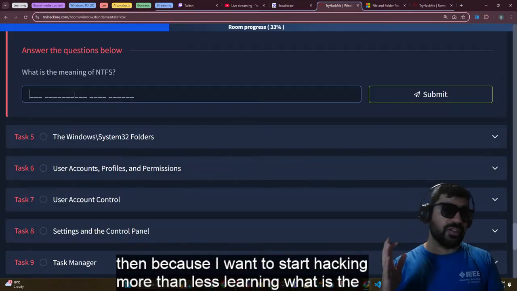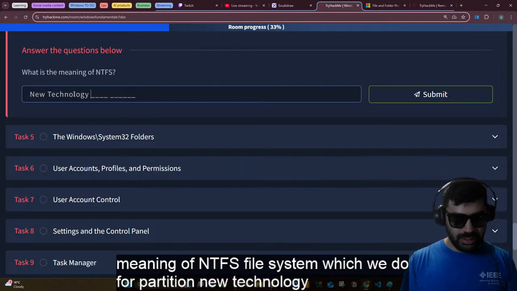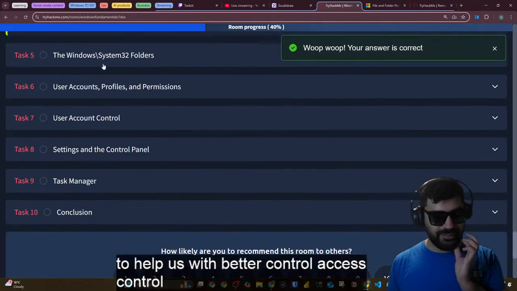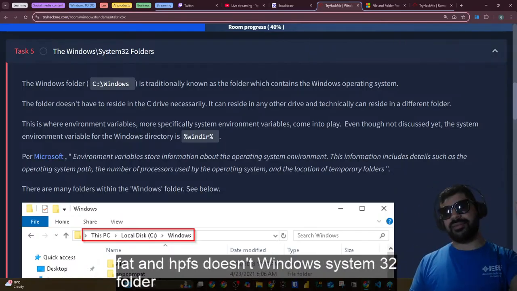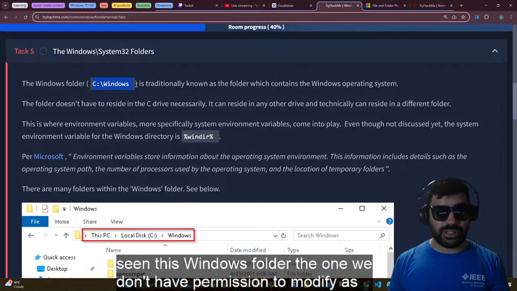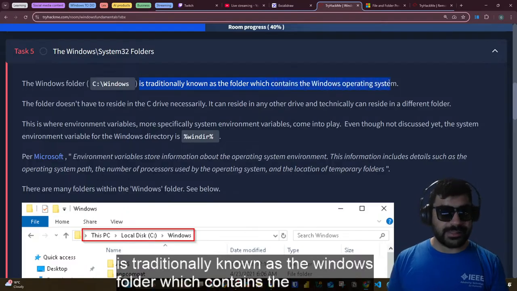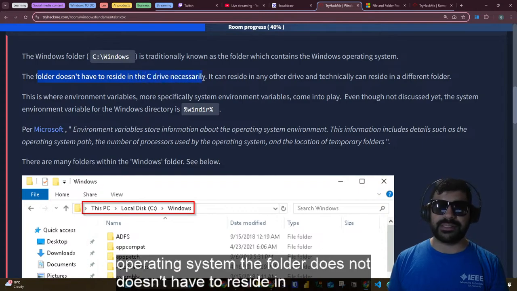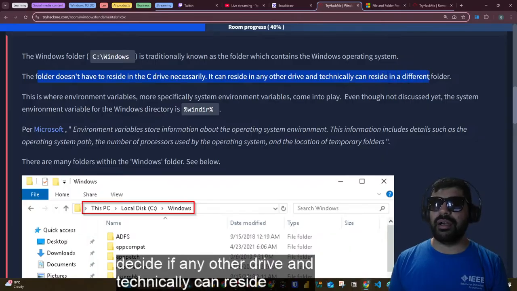What is the meaning of the NTFS file system, which we use for partitions? New Technology File System, to help us with better access control and such, which FAT and HPFS don't have. Windows System32 folder. You all have seen this. The Windows folder, the one we don't have permission to modify even as the user or the owner of the computer, is traditionally known as the Windows folder, which contains the Windows operating system. The folder doesn't have to reside on the C drive necessarily. It can reside on any other drive and technically can reside in a different folder,